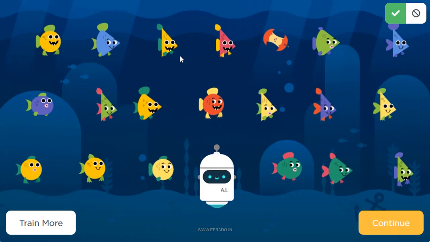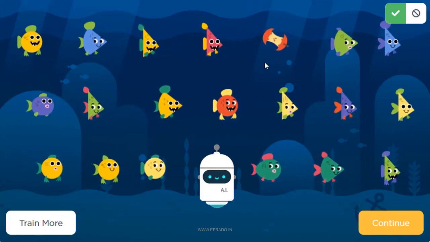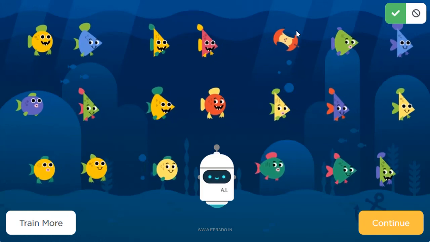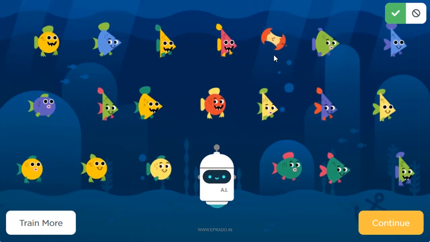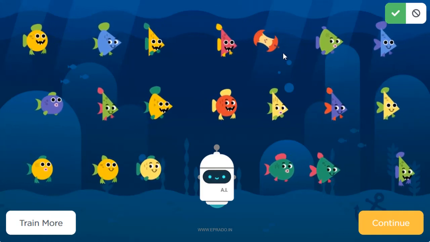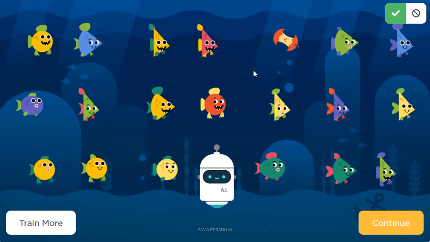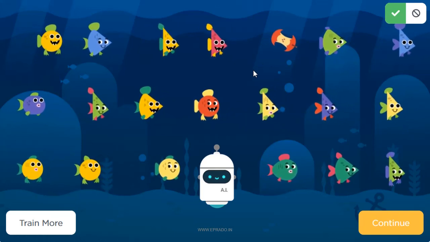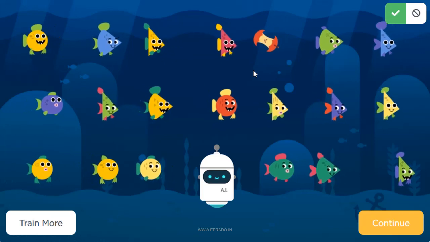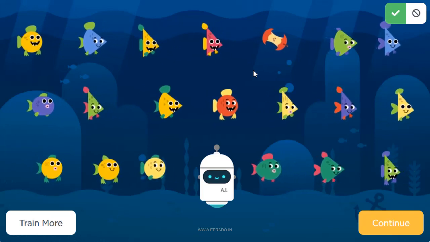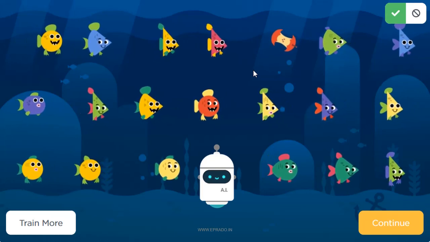Now we have got only one object, that is an apple that is eaten by us. So this is a pollutant thrown into the ocean. So students, try on your own, give more training to the robot and help it differentiate the fish and other objects.